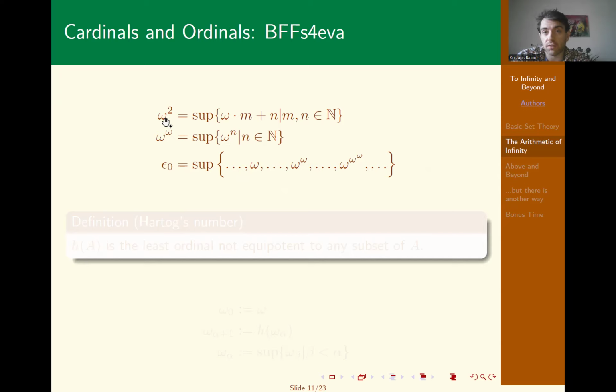In fact, all of these things like omega squared, omega to the power of omega, and the supremum of all of these power towers of omegas are all actually still countable. So they're definitely these crazy different versions of infinity with their own arithmetic, but in terms of cardinality, these are all countable. Of course, there's a rich and varied theory of arithmetic with these numbers. Anyways,